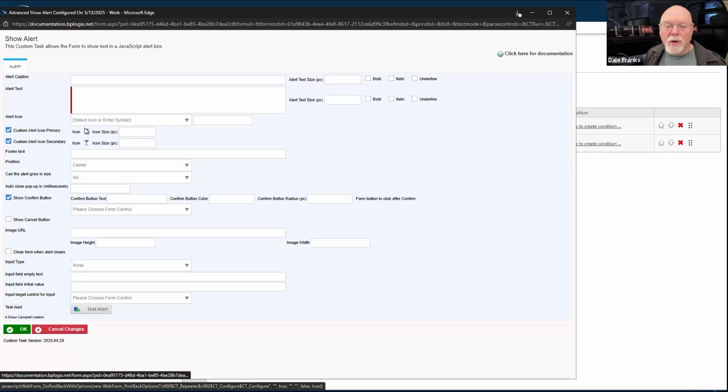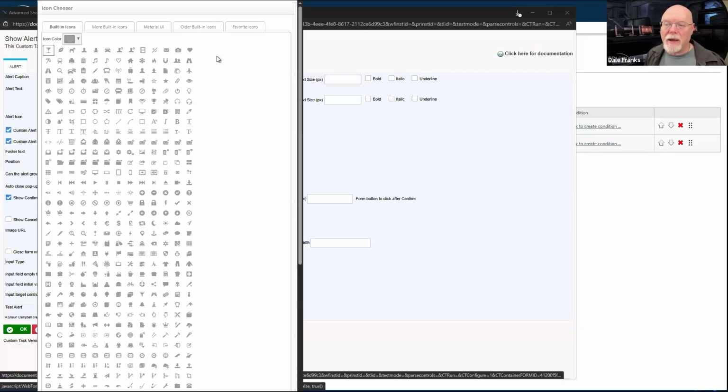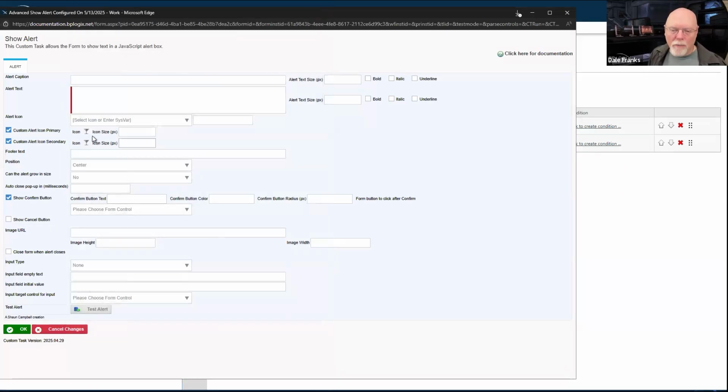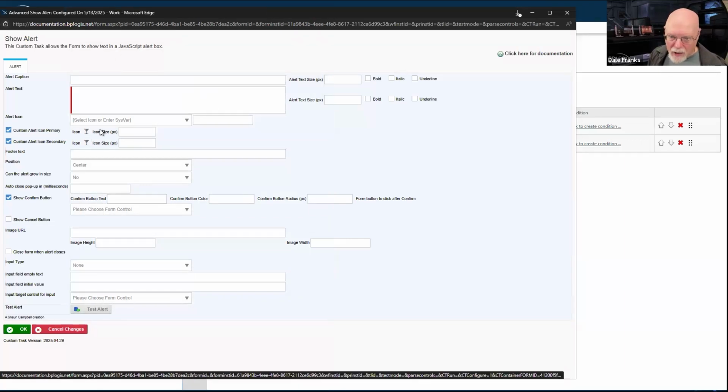And you can use the icon chooser to pick that icon. Previously, you had to know what the icon number was, right? So if I wanted the little overhead of the jet airplane here, I guess that would be icon number 1039. And I needed to know what that icon number was. I needed to type it into a box manually. We don't have to do that anymore. We can now just pick our icon color.